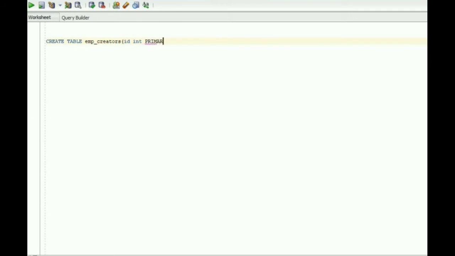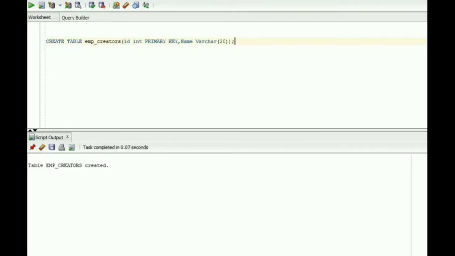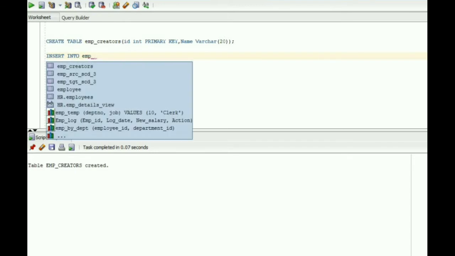I have created primary key in column ID. Table created. Let me insert some data into it. Insert into table name.